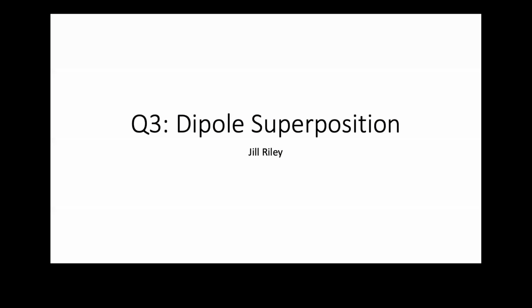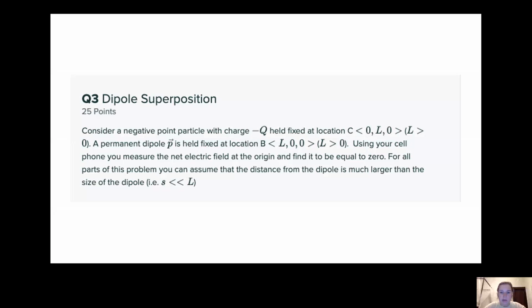Superposition question from exam 1. Consider a negative point particle with charge negative q held fixed at location (0, L, 0), L greater than 0. A permanent dipole p is held fixed at location (L, 0, 0), L greater than 0. Using your cell phone, you measure the net electric field at the origin and find it to be equal to 0. For all the parts of this problem, you can assume that the distance from the dipole is much larger